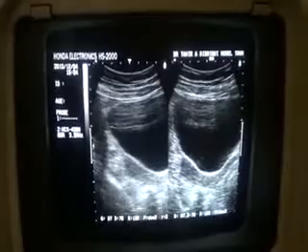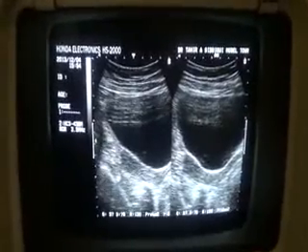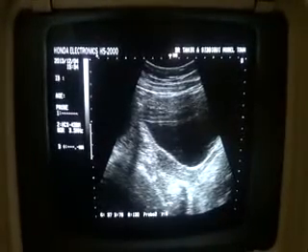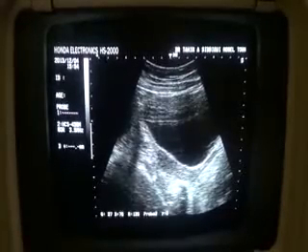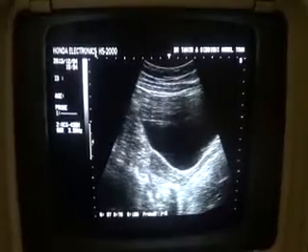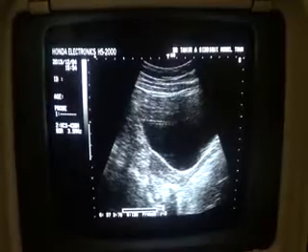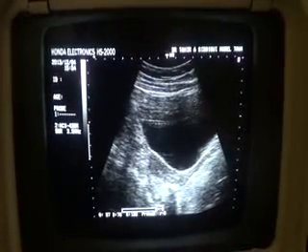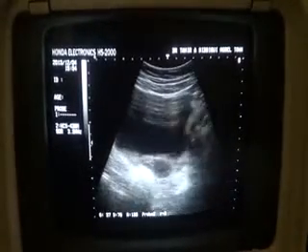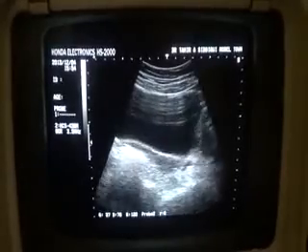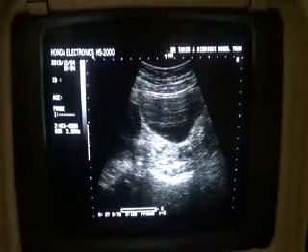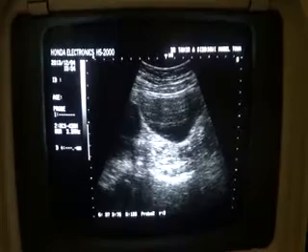This is pathology number 1. This is the uterus, the cervix of the uterus, and this area is the cervical canal. The endometrial canal is not visualized with clarity, and the vaginal echoes are also not that clear. Now the left ovary is okay, shows follicular activity. This is the left ovary with developing follicles,